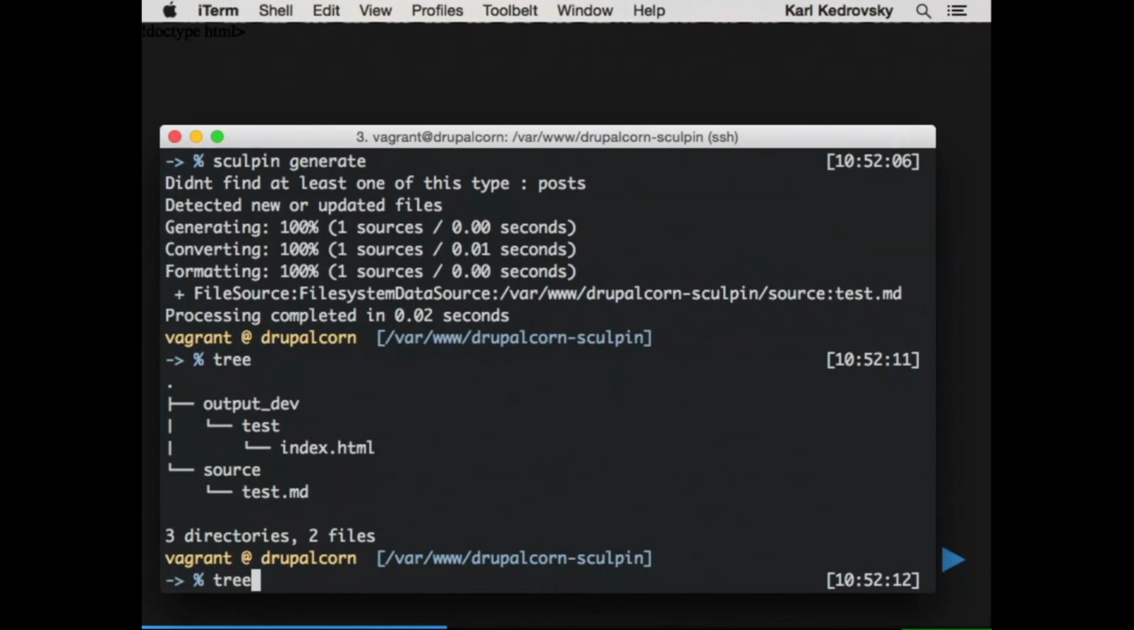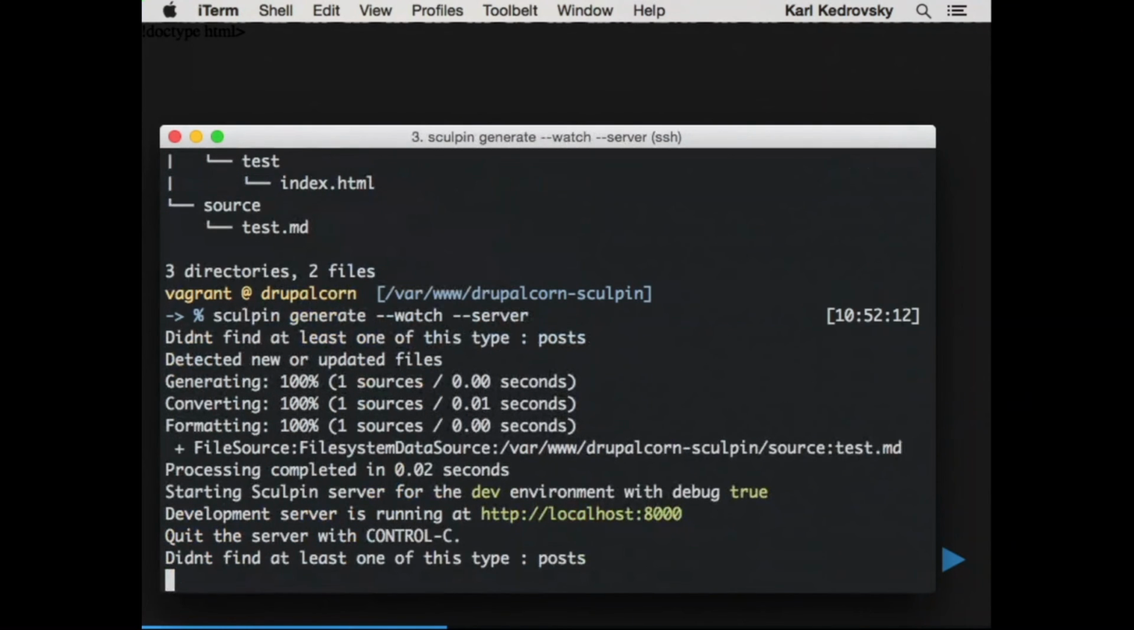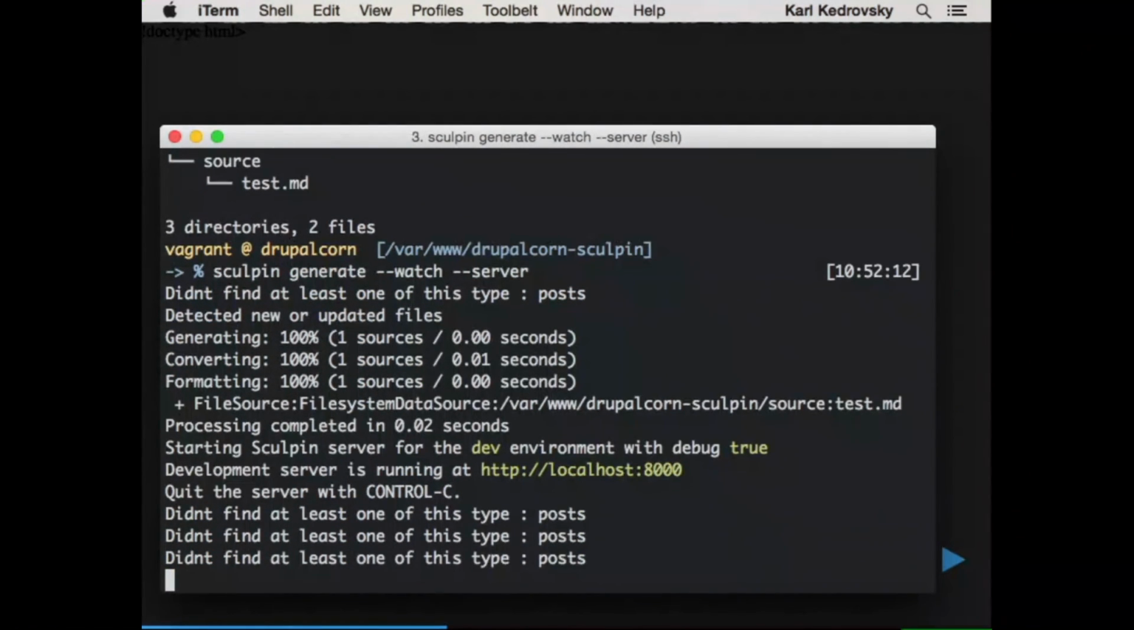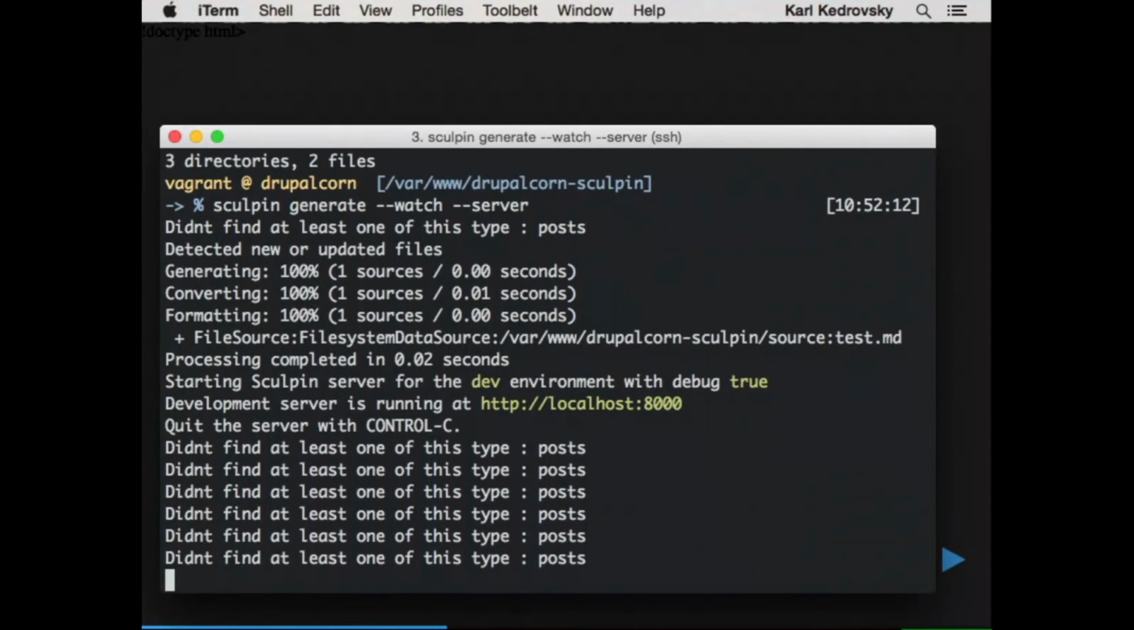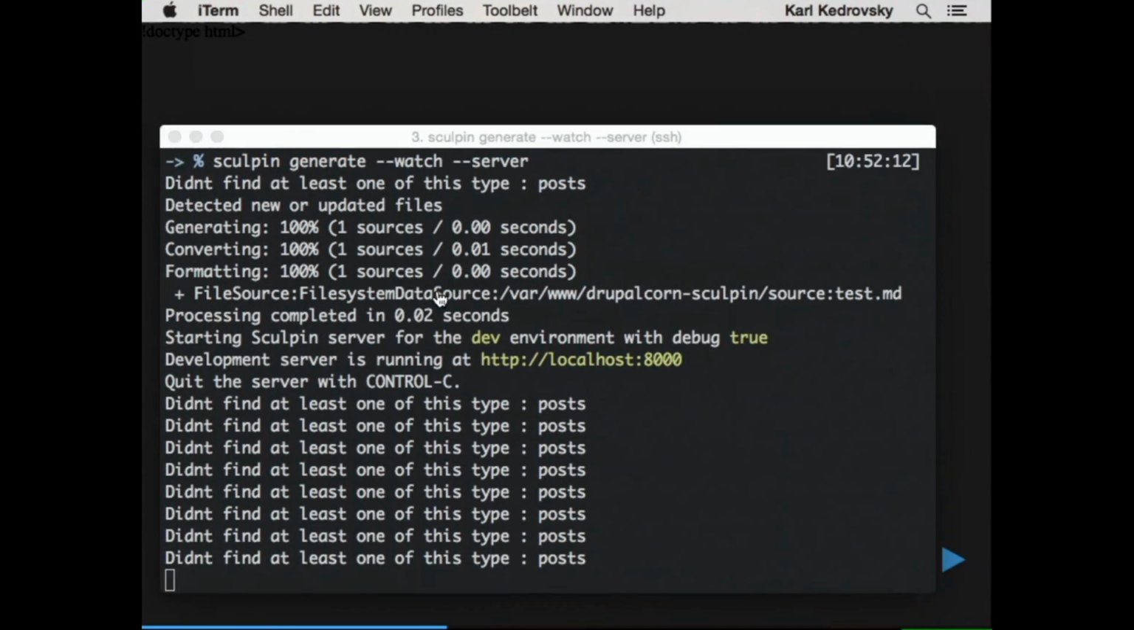And we can do another generate with an option for watch and server. We'll take a look at some of these options in just a second too. And this will run, and watch these error messages, that's an annoying bit, we'll talk about it in a second. That runs a server